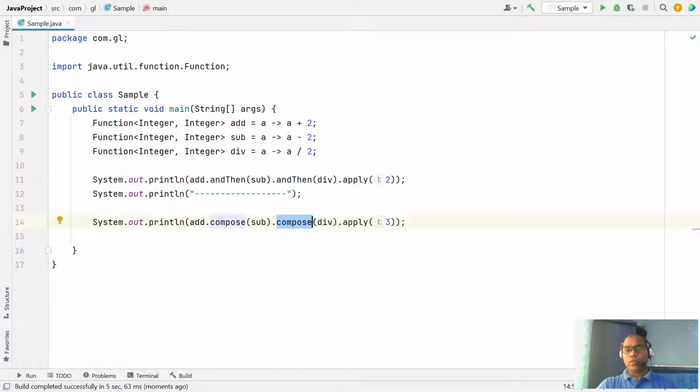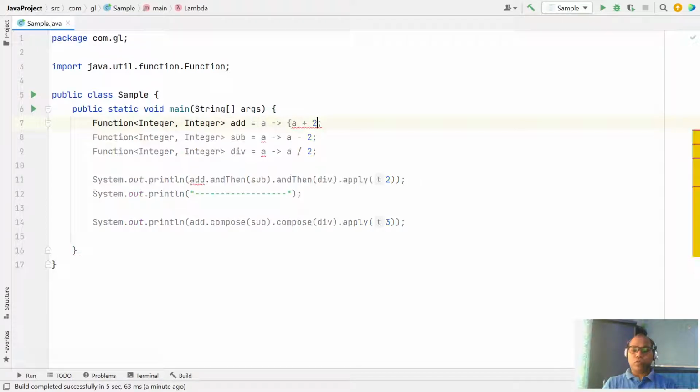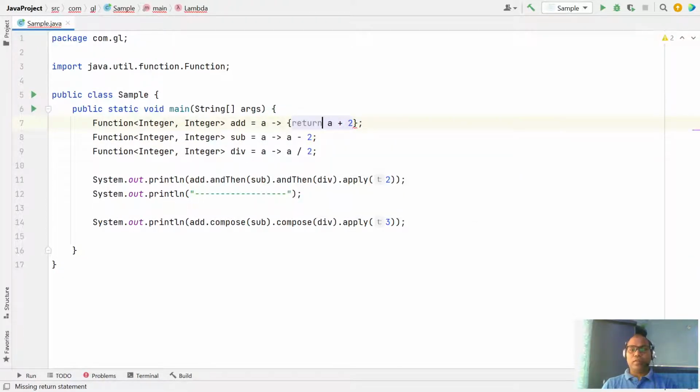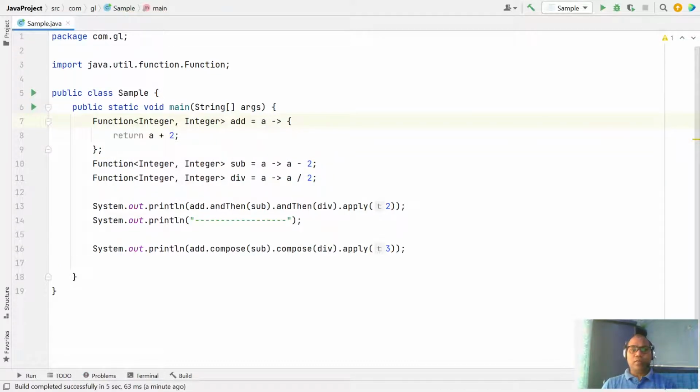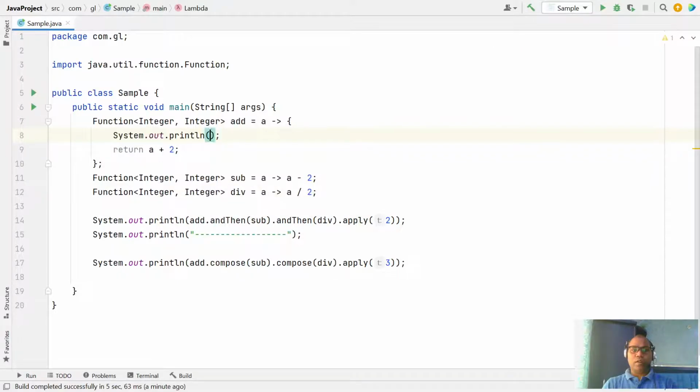Let me add some print statements with curly braces, so you know in which order they are executed. Here I am printing with System.out that the add function is invoked and what input it is receiving, which is a.